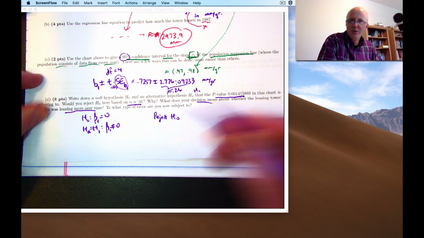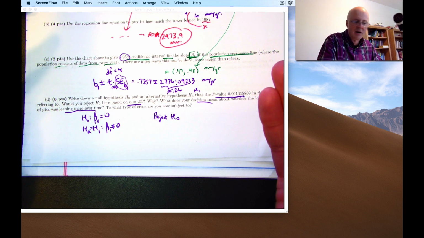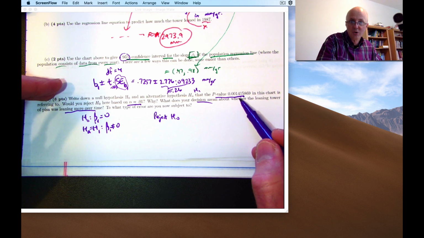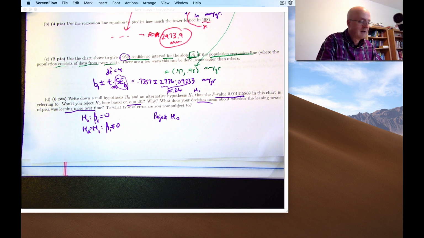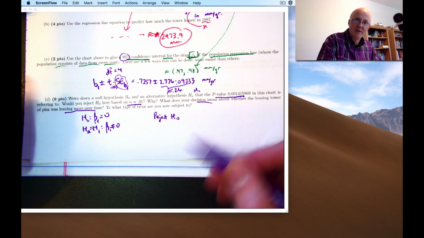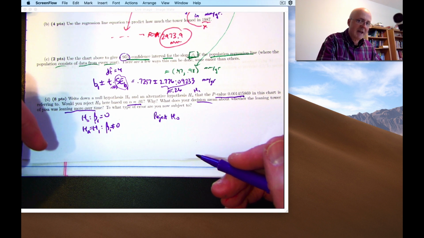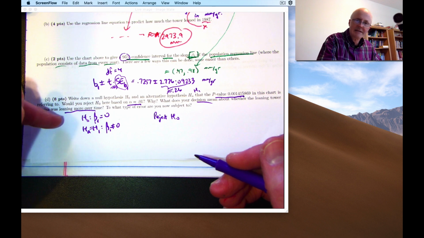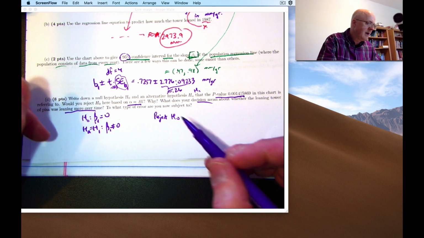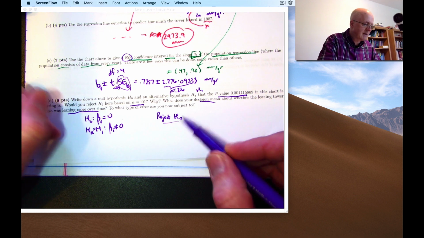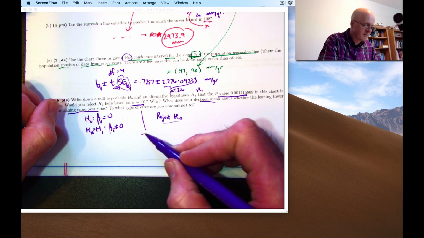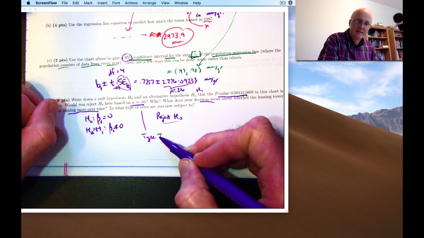And of course, you could do a one-tailed test from this as well by dividing this p-value by 2, and that would be even smaller. So we would definitely reject the null for a one-tailed test, a right-tailed test in fact, and say yes, beta 1 seems to be positive, so yes, the tower is leaning more over time. Since I'm rejecting the null, I'm subject to a type 1 error, where I'd be rejecting the null when it's